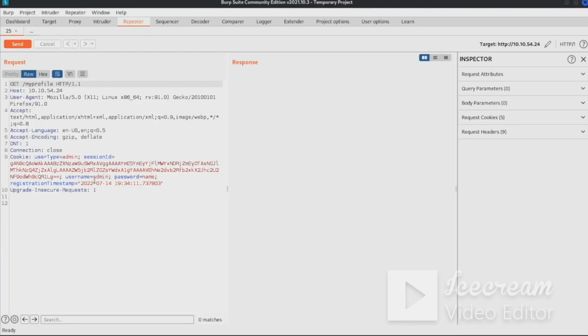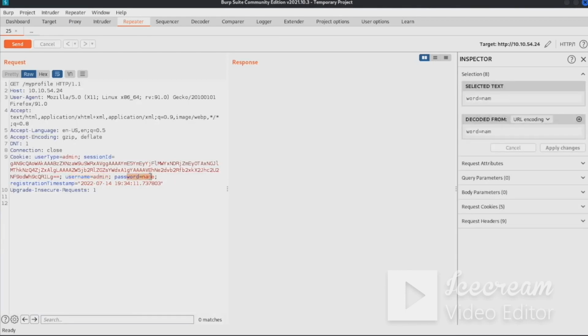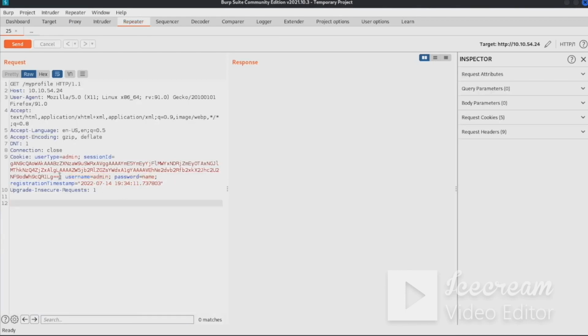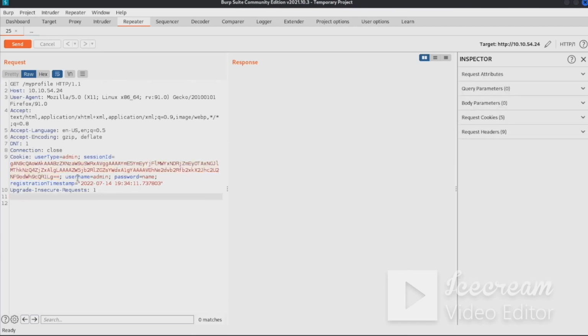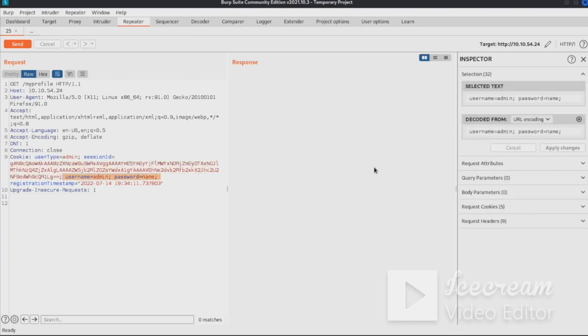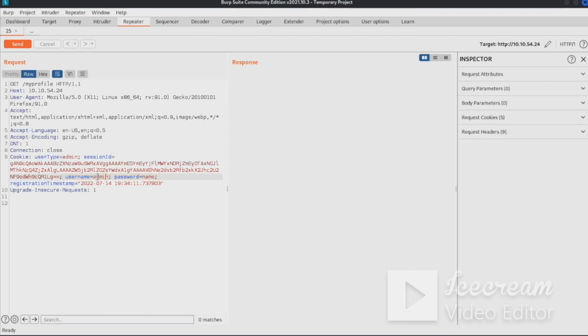You can get a look at this. Here's a username, admin, password right here. This is what we changed, and we have this base64 cookie right here. Let's see if we can decode it. We can get some of it, but what you would do with this is usually not going to be in plain text. It would be base64, and you would have to decode it,